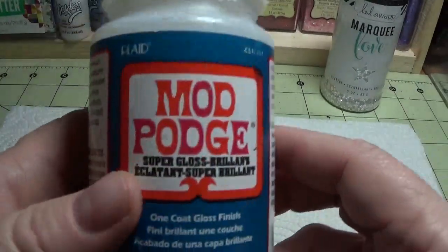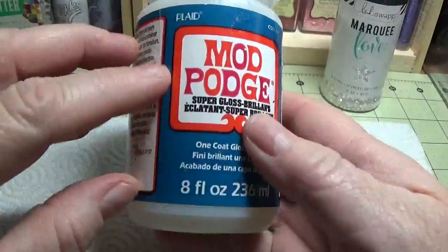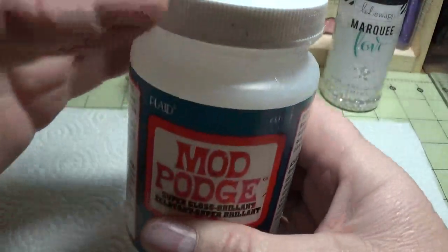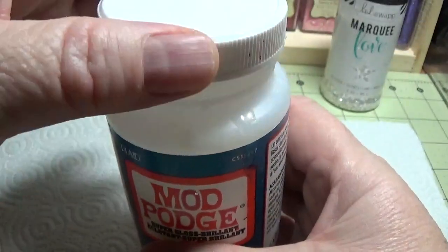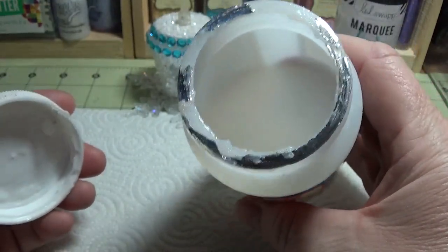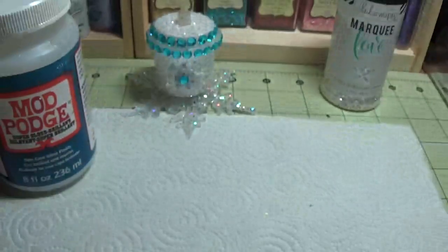You're also going to need some Mod Podge Super Gloss. It's a one-coat gloss finish. It's the blue label, and you can find this at Walmart in the craft section, or any craft store, but I like to get mine from Walmart because it's a little cheaper. And as you can see, it's a gloss, and when it dries, it looks like clear glass,